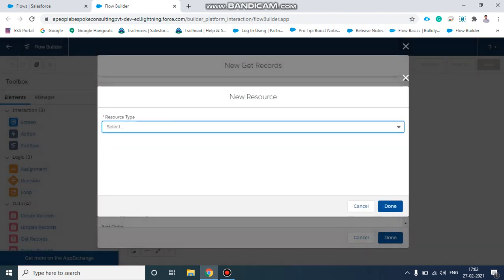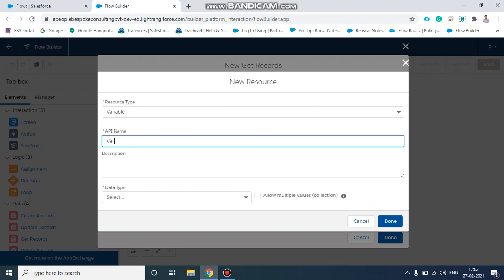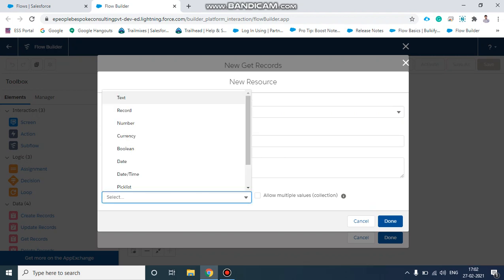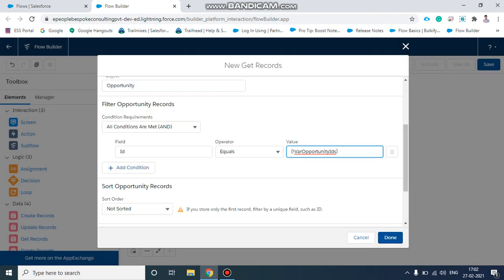For that, New Resource, select Variable, name it opportunity ID, select data type Text, and allow it for input. Then click Done, so our Get Records is ready.